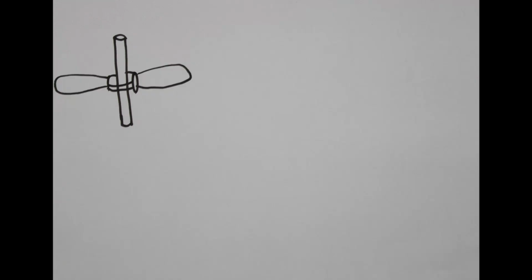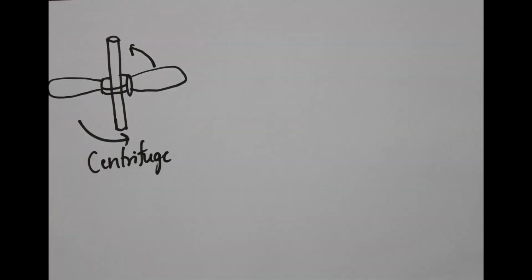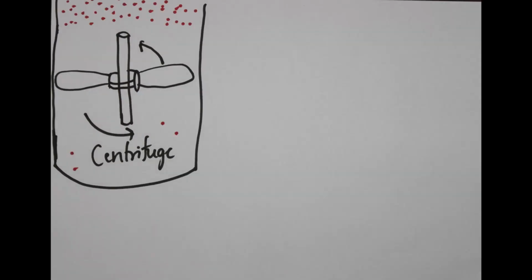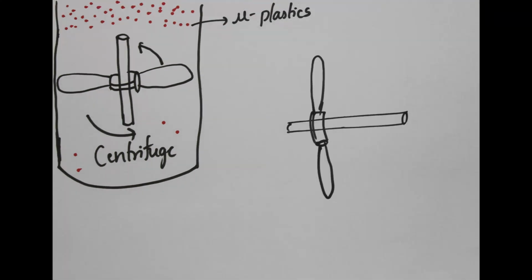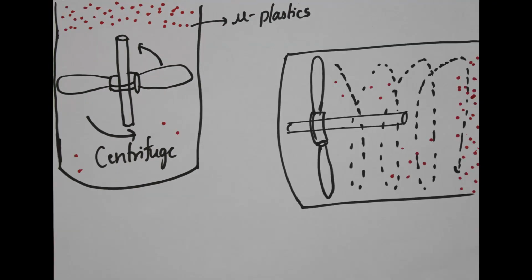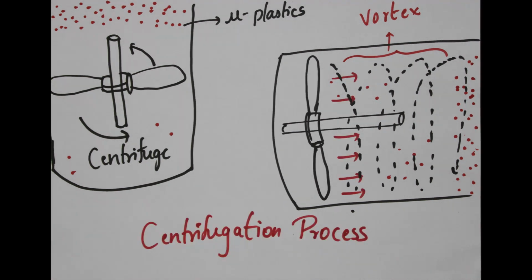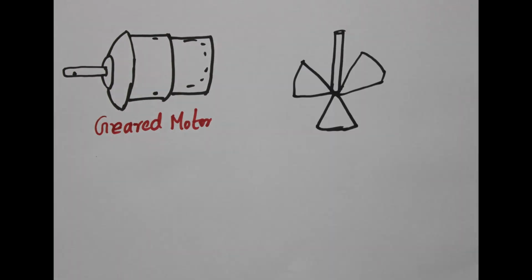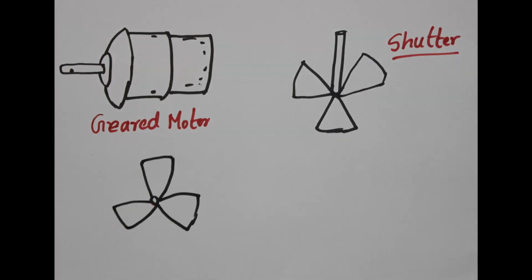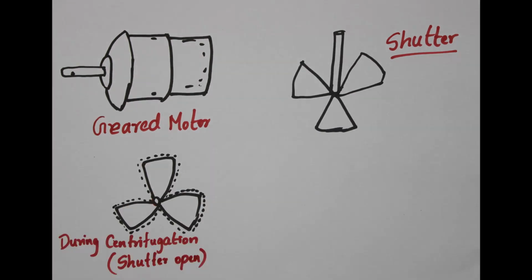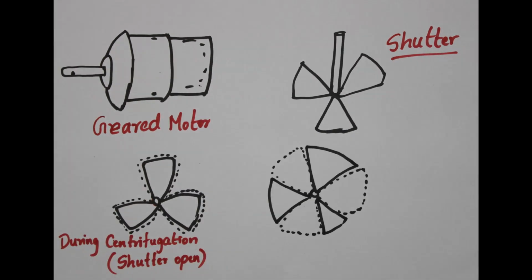Centrifugation is a physical process wherein solid particles settle at the end of the circular vortex that is created. The solid particles here, microplastics, although very small in size, propagate in the direction of the vortex. We use this concept to separate microplastics. We have a centrifugation motor, a gear motor that creates the vortex. Once the vortex is created, microplastics settle at one end.